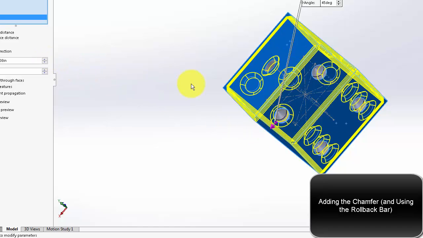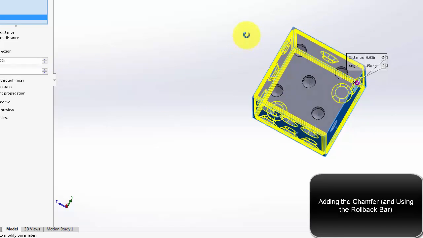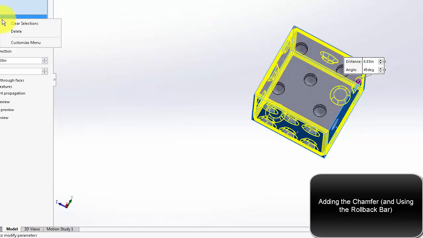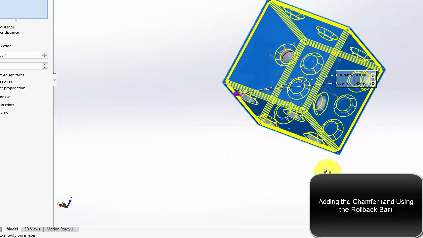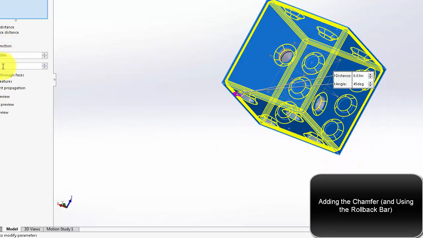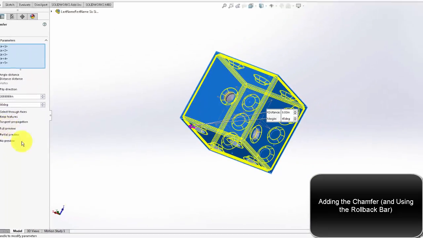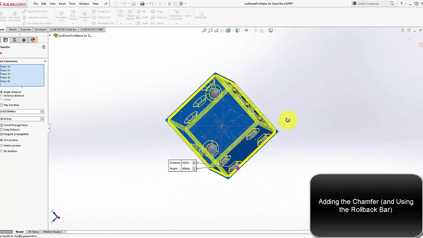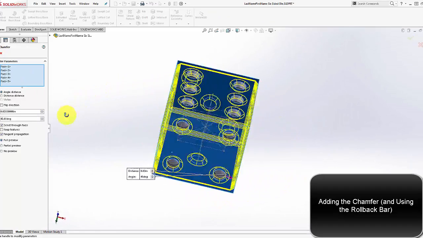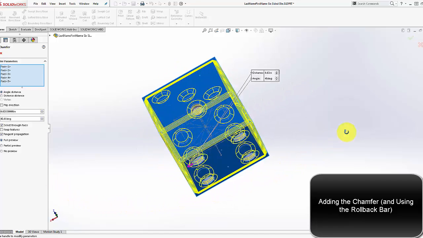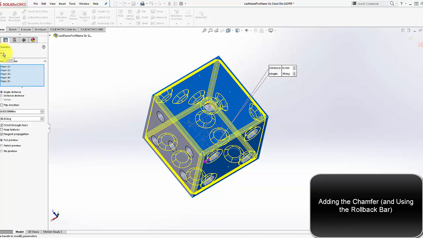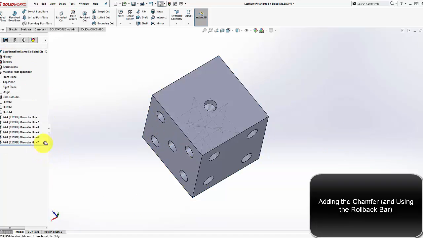That was not what I wanted. What did I just do? Okay, so since I accidentally grabbed that edge, I'm going to delete that. And this is clearly not working. Because I didn't chamfer it before I started drilling holes, you can see this is not working as well. So I'm going to exit out of this chamfer actually, and we're going to show you a little trick called